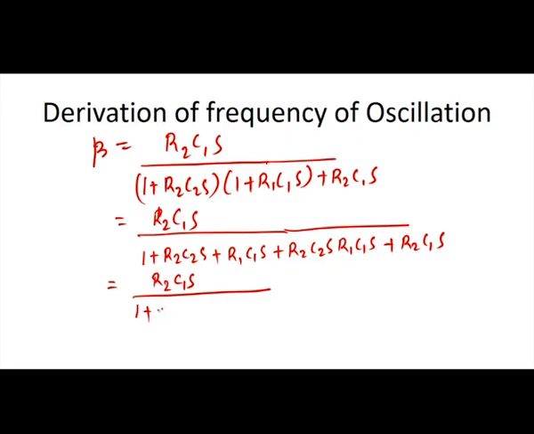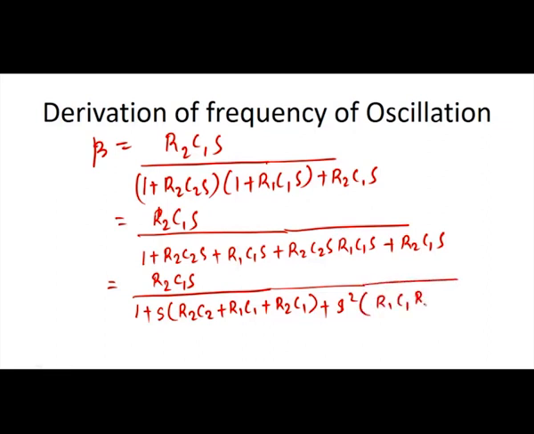So take S out, and you will get R2 C2 plus R1 C1 plus R2 C1, plus you have one S squared term, S squared into R1 C1 R2 C2. And we know that S is equal to j omega, S squared is equal to minus omega squared. If you substitute this value, you have